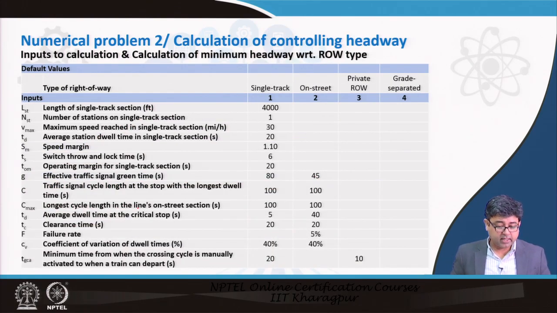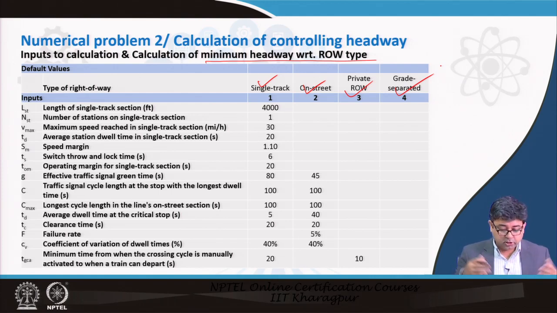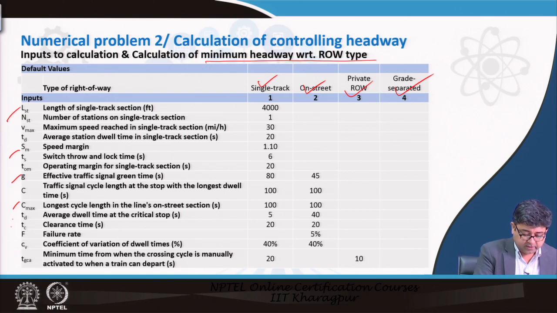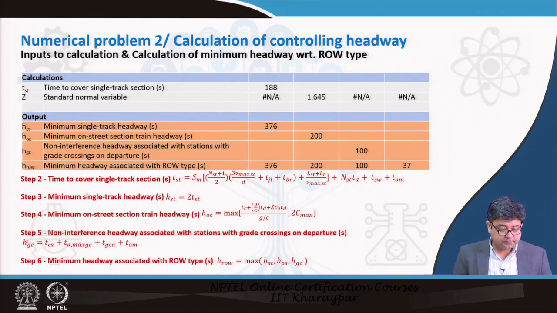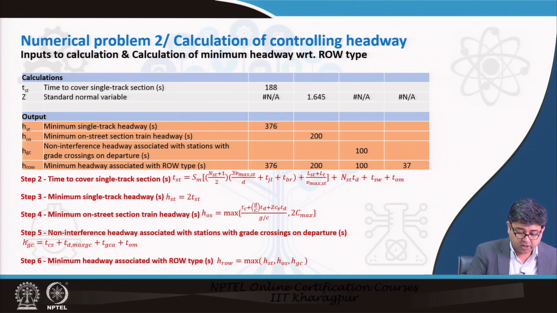The second headway that you need to calculate is the minimum headway with respect to right of way type, right. If it is an exclusive right of way, single track, on street, private right of way, or grade separated. So, 4 different types of right of ways will have different capacities. Remember, if it is a grade separated private right of way, that has the highest capacity, whereas if it is on street, it is mingling with other types of vehicles, it has a lower capacity. So, all of that will depend upon, again there are a bunch of inputs that you could go through, and finally, what calculations you have to do is, first you have to determine the time to cover single track station, minimum single track headway,